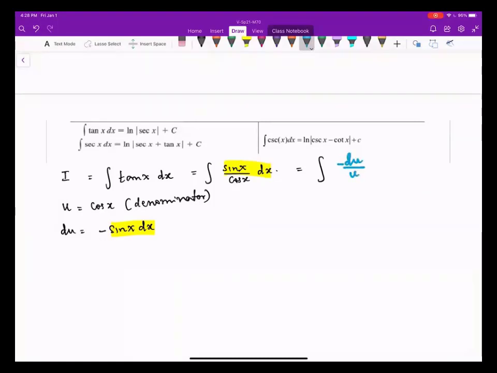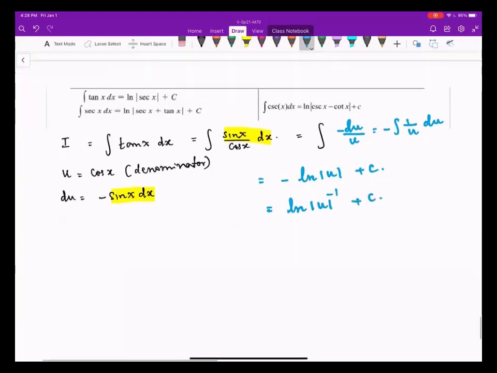The denominator is just u. So it is negative integral 1 over u du, or negative ln of absolute u plus c, or it is ln of absolute u to the negative 1 by property of ln plus c,